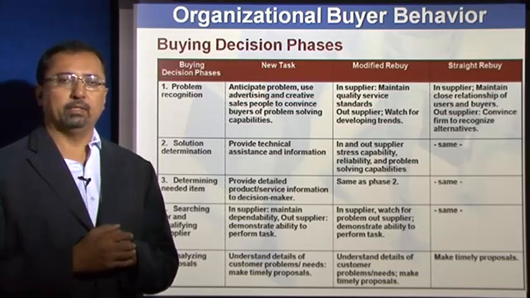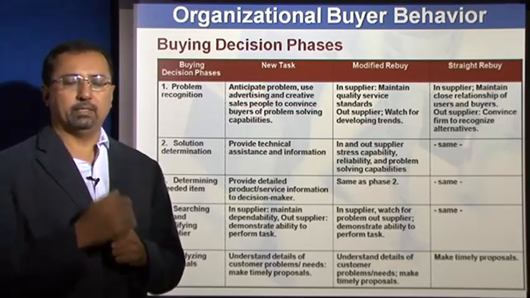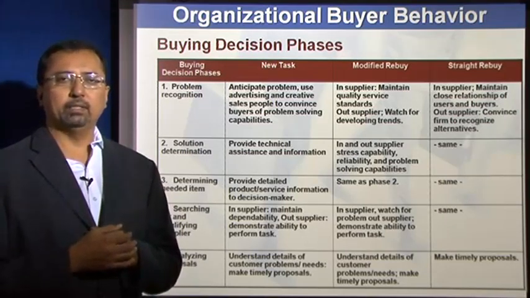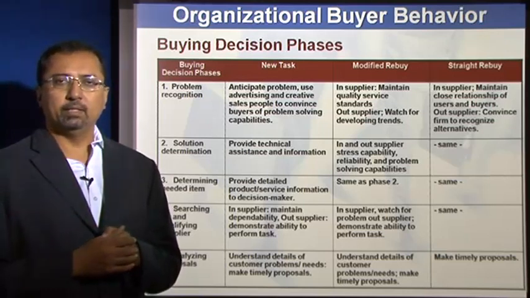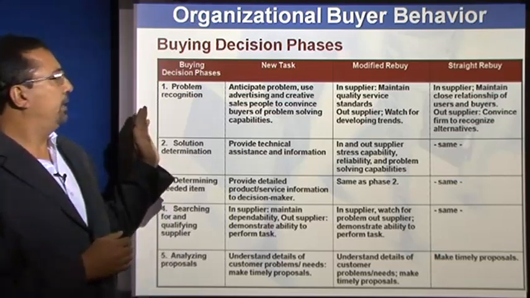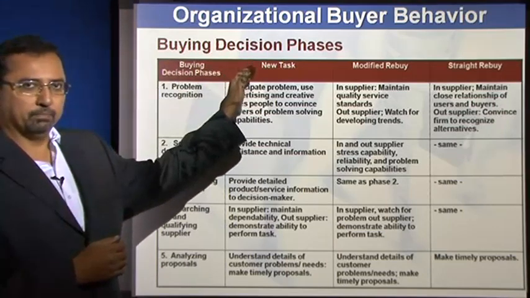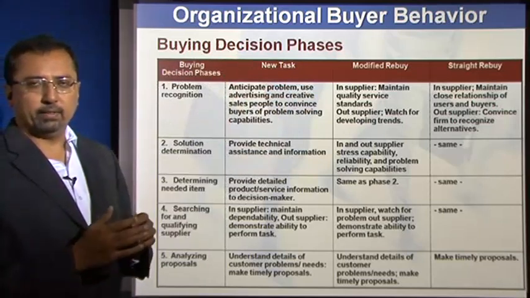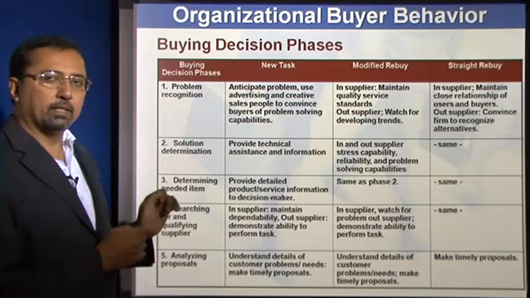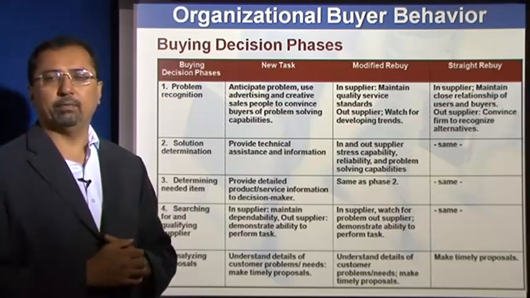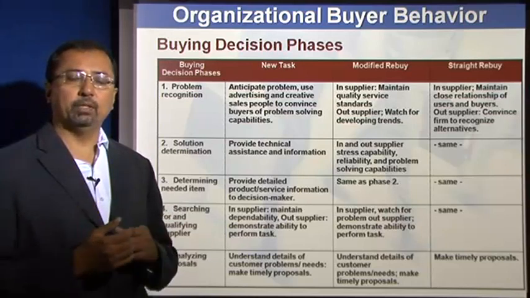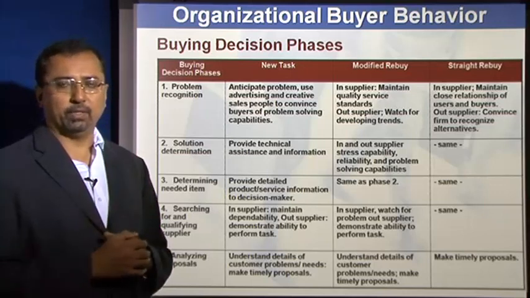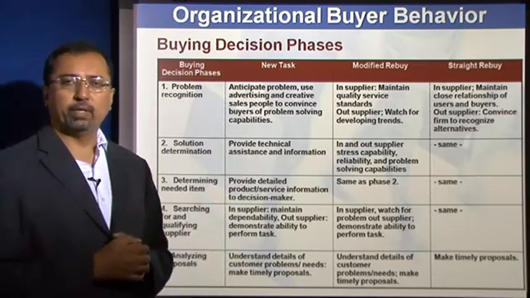And as a marketer to organizations, it's important to understand what stage is the buyer in, and what are the various stages in the buying process, and how is it as a marketer you can do something to influence his decision making. So if you were to take buying for the first time, buying for a second time, a straightforward rebuy or a modified rebuy, you will find that while the buying stages might be the same, the tasks tend to vary and the influence that you have also changes. It also depends whether you are the supplier who is already in with the customer or who is out of the customer at this point in time,